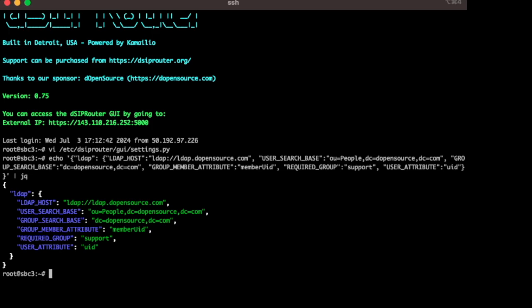And then you have group member attribute. This is the attribute that it is going to look for on objects within the search base, which will specify if a user is part of a particular group or not. In this case, the required group that they need to be part of is support. I believe you can have multiple groups here. You can do a comma and have multiple groups there. And the user attribute here is the attribute that should be used to look up an actual username. So these are all